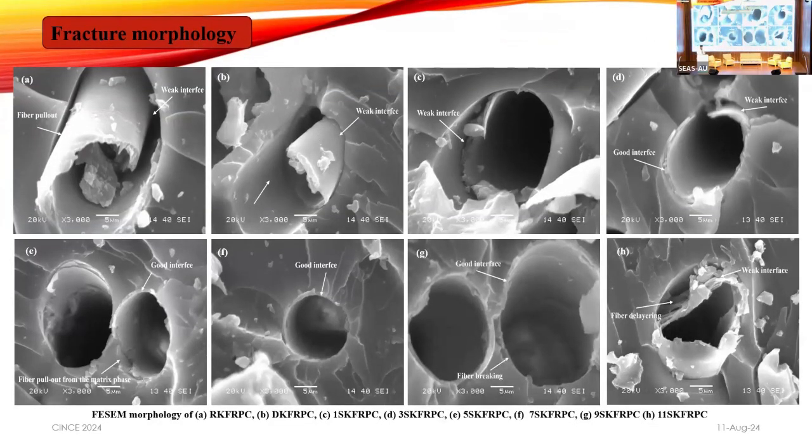These are the interfacial properties of these fiber reinforced composites. As you can see, figure 1 is the raw kapok fiber reinforced composite. Due to the poor interfacial properties, there is some debonding between the fiber and matrix, and fiber pull out may take place. However, in case of 9% silane treated composites, we can see fiber breaking at the interface instead of fiber pull out. This is due to the good bonding between the fiber and matrix. However, in case of 11% silane treated composites, the silanes degrade the polymer chains of the cellulose. That's why some rupture is observed at this interface, and that's why the mechanical properties of these composites also decreased.